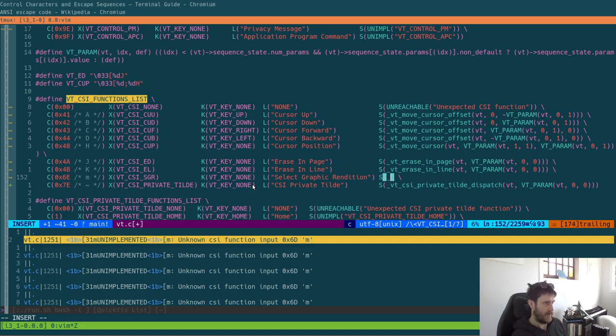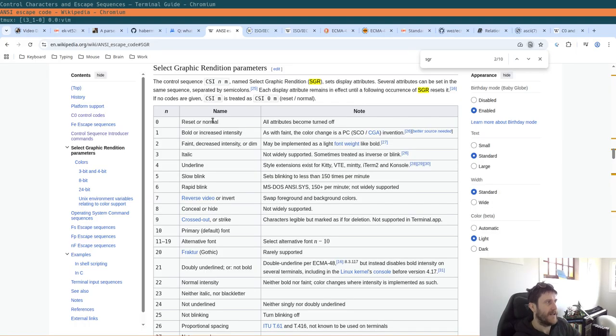I think I want to select graphic rendition, and I'm just going to pass it to VT, because it can have any number of parameters, well, up to 16, which is a limit. I don't know whether it should be that limit, but